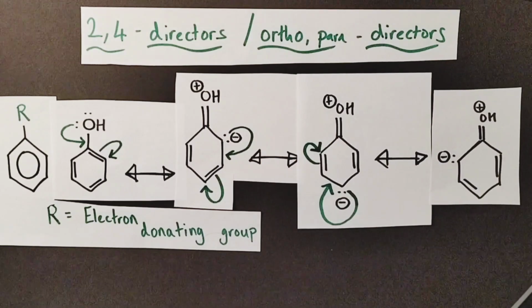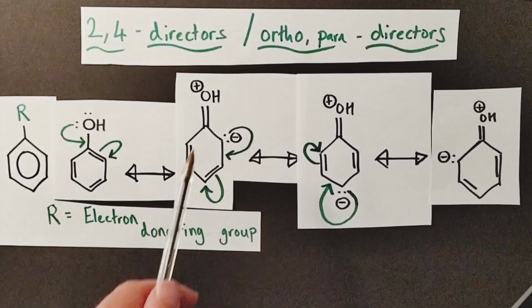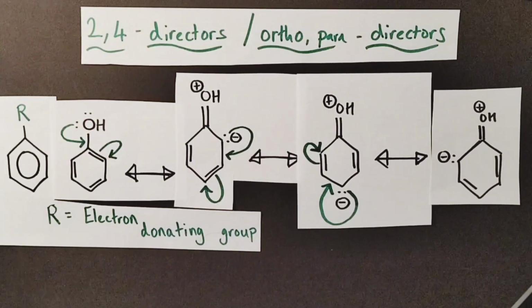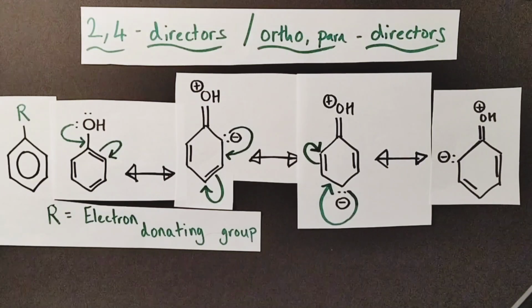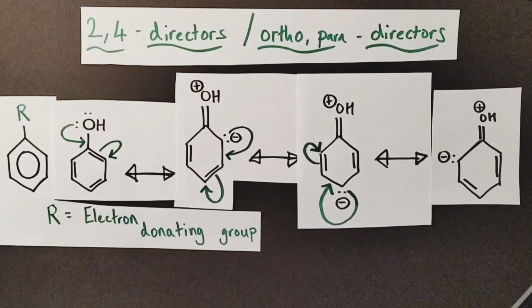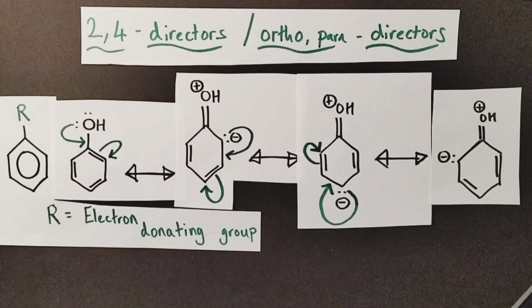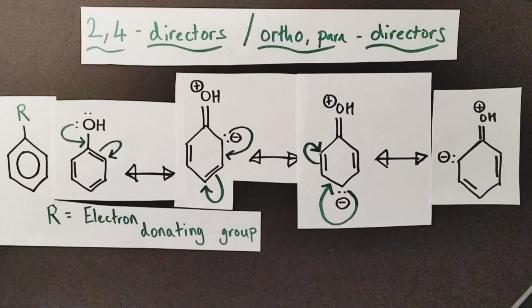And that's why these points are excellent points of attack for approaching electrophiles, because these are the points which have greater electron density, which can be donated to those electrophiles as they approach to start the electrophilic substitution mechanism off. So with 2,4 directors, usually activating groups involved here, there is a predictable buildup of electron density at the 2, 4, and 6 position in these resonance structures, which explains why these positions are preferred by the electrophile